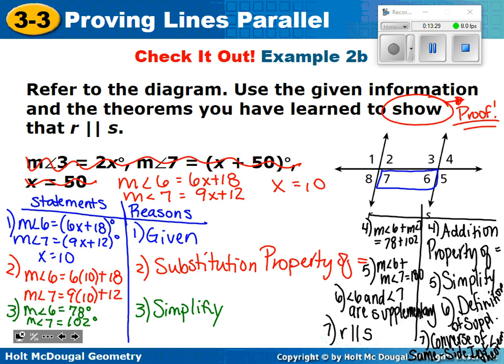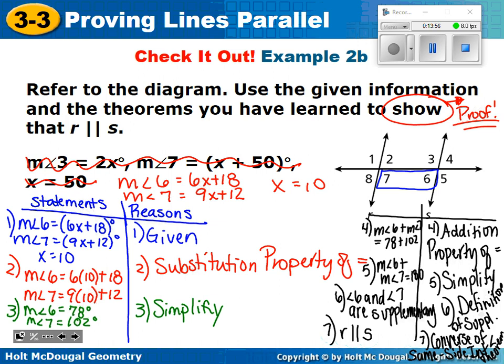Okay, so Denise, back to this. So we had this equation in the proof, right? Measure of angle 6 equals 78. We want to show that these two angles add to equal 180. So what we need to do is add angle 7 to angle 6. But whatever we do to the left side of the equation, we have to also do to the right side of the equation. Oftentimes, students don't see this as addition property going from here to here because these look different,